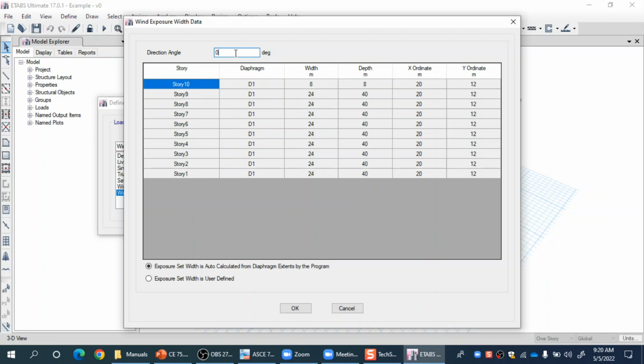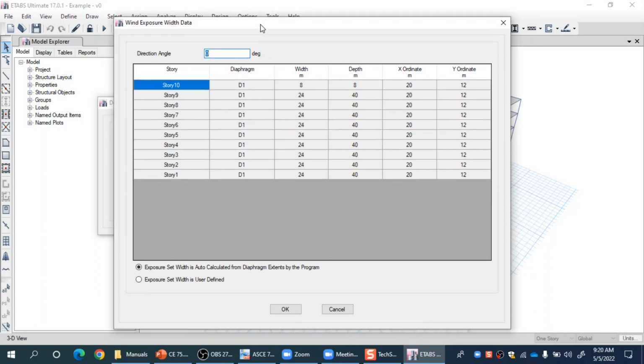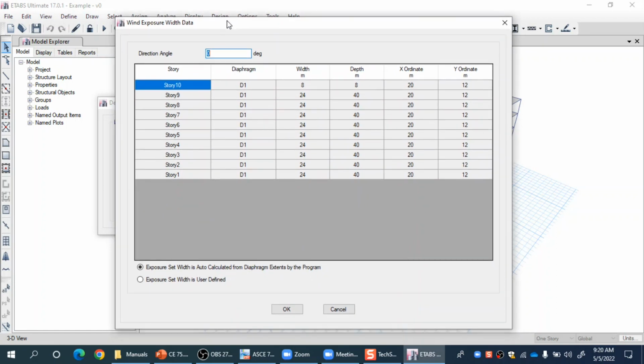So wind direction angle is currently by default equal to 0. You can also have a 90-degree angle, and then you can make a separate case if you want for 90-degree. So actually what the program is doing is that it will calculate the exposure area based on the diaphragm dimensions. So the definition of diaphragm is actually the first step